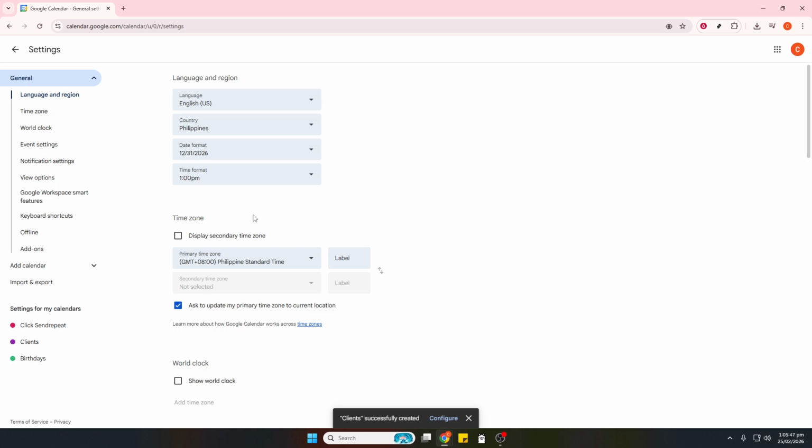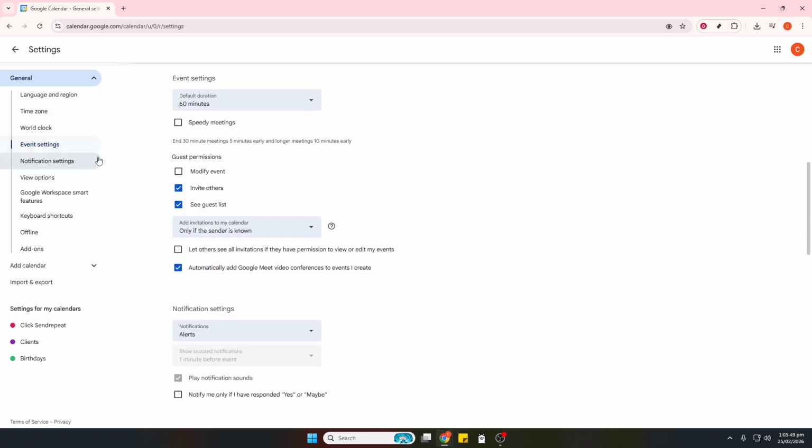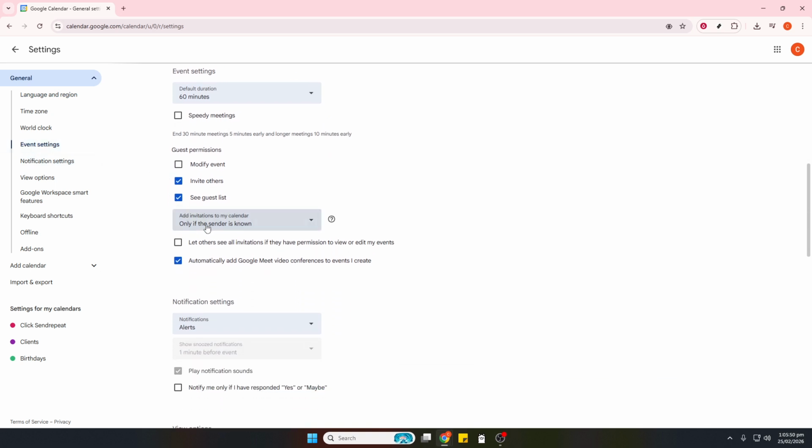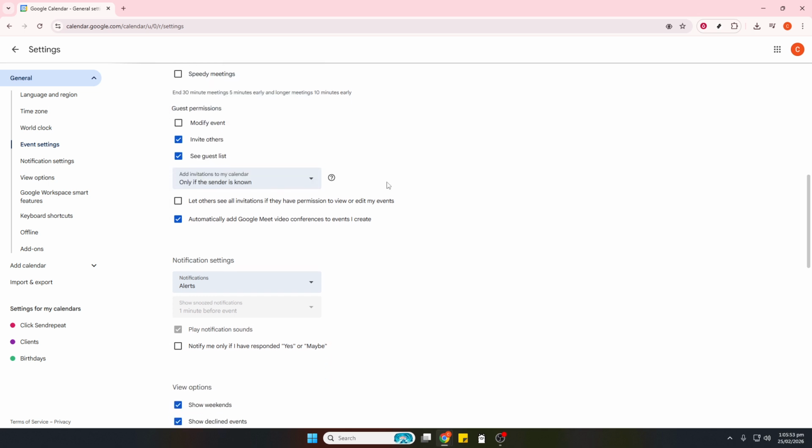Add two default reminders, such as 10 minutes before and 1 hour before, and choose whether you want pop-up notifications or email alerts. These defaults save time every time you create an event and reduce the chance of missing important